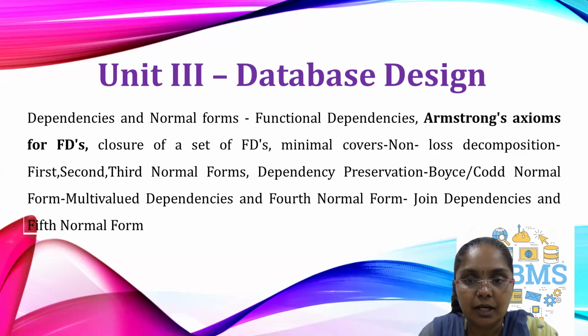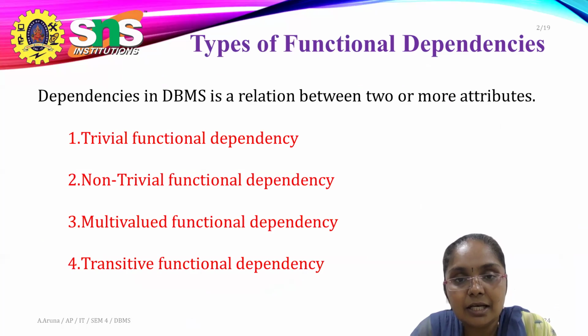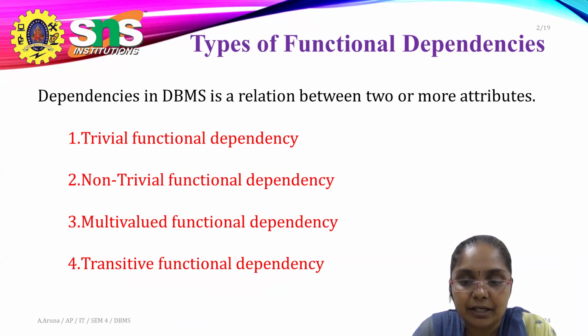In this video, under my lecture series, Database Design, today we're going to see the Armstrong axioms for functional dependencies. So kindly watch my previous video before seeing this video. So what do you mean by functional dependency? It means if X determines the exact value of Y, then we can say that particular relation is functionally dependent. Here, the X component we can call a determinant, and the Y component we can call